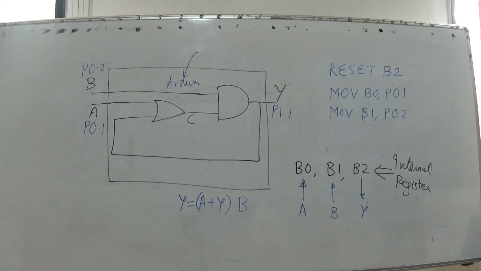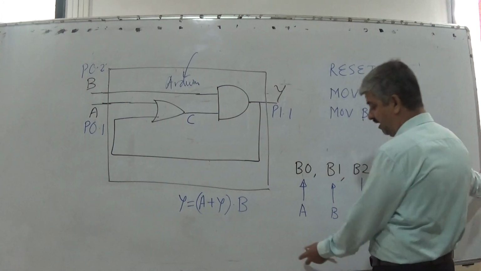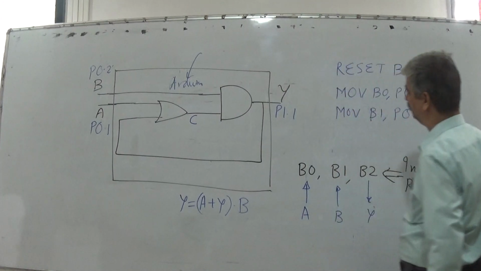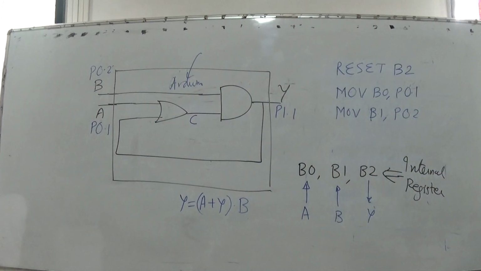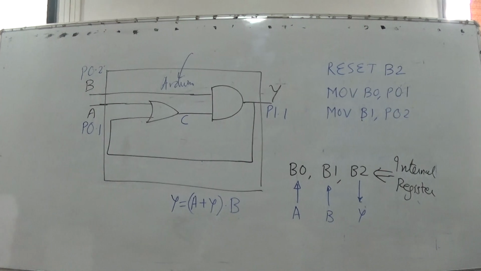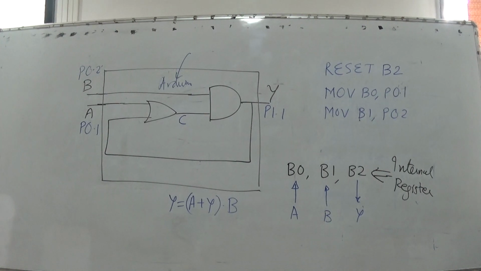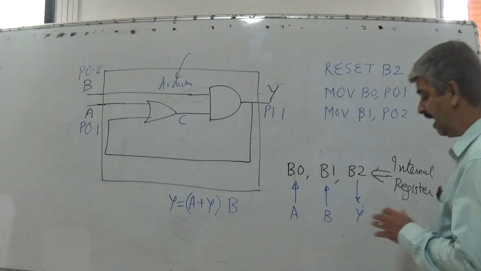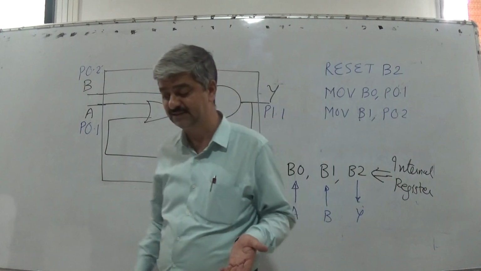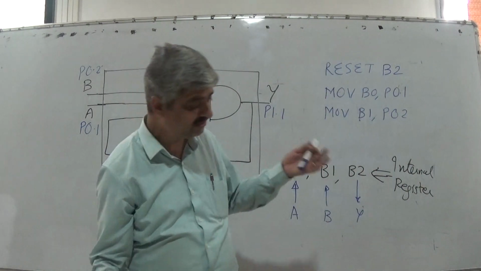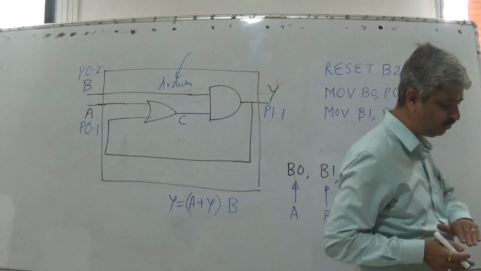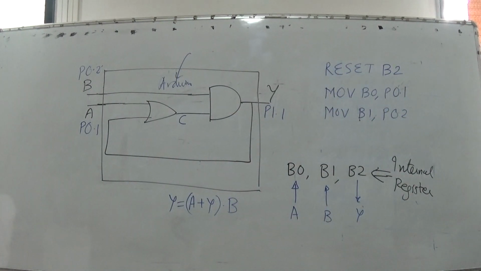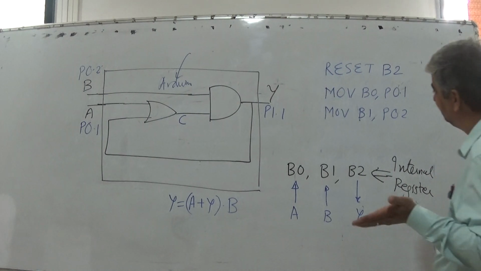Microcontroller instructions are arithmetic logic instructions or input-output instructions. What do arithmetic logic instructions do? Arithmetic logic instructions of the microcontroller simply perform arithmetic and logic operations on the internal bits of the microcontroller, and input-output instructions bring the status of the outside world inside microcontroller registers, or they can reflect the status of internal bits of the microcontroller on the actual output pins.